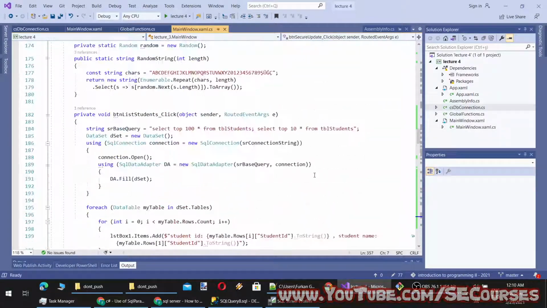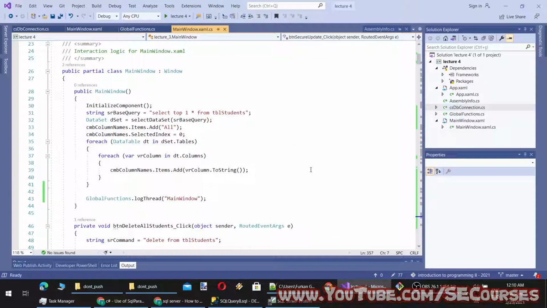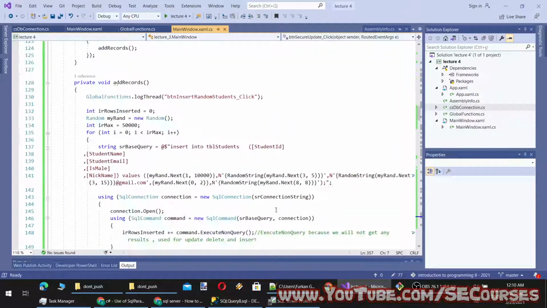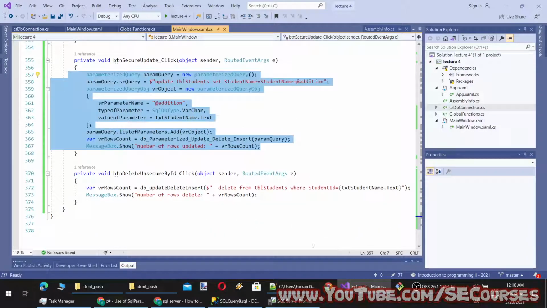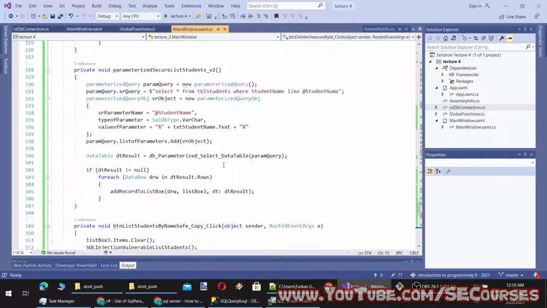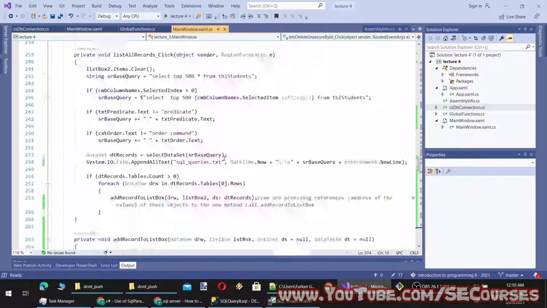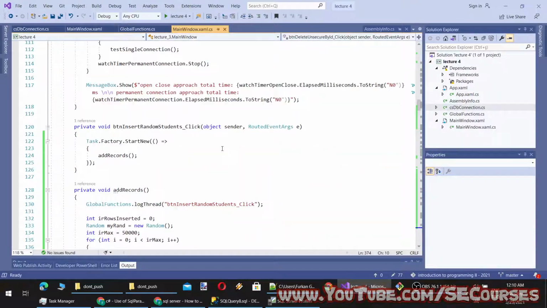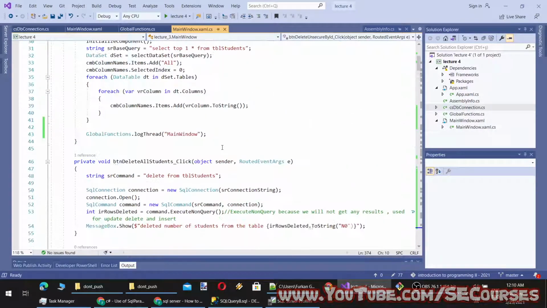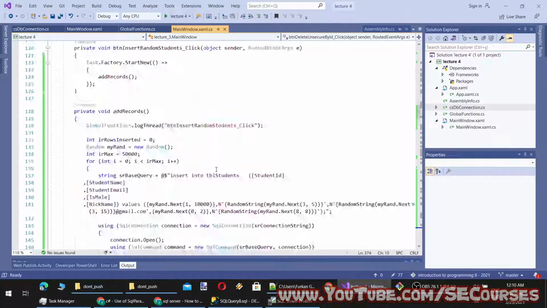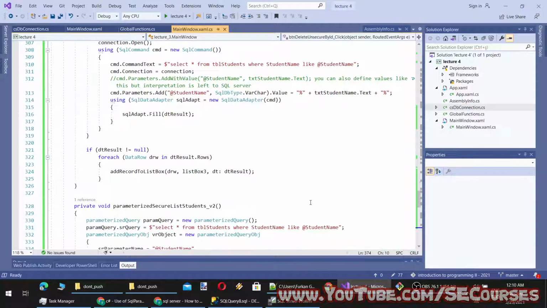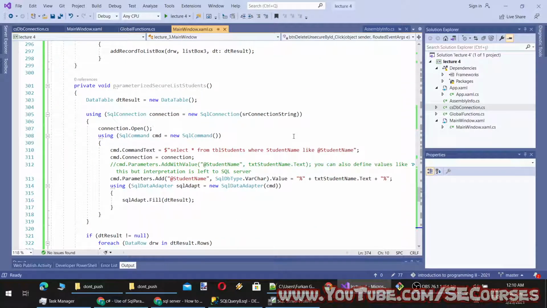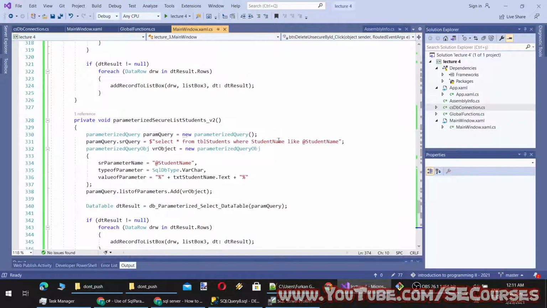Okay, so I think we have seen everything, and probably next week I will show you how to handle different databases such as SQLite database with other methods, ODBC if I remember correctly. And then, by the way, there are also frameworks to prevent SQL injections such as Entity Framework, and I will also show you that as well. So don't worry about that.